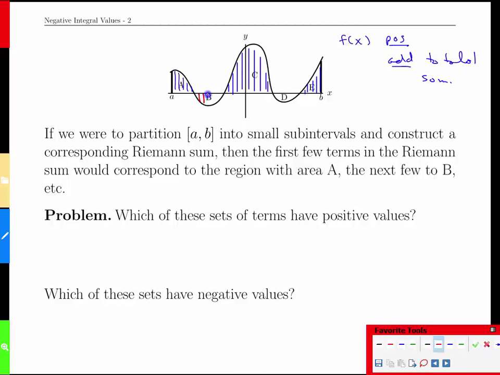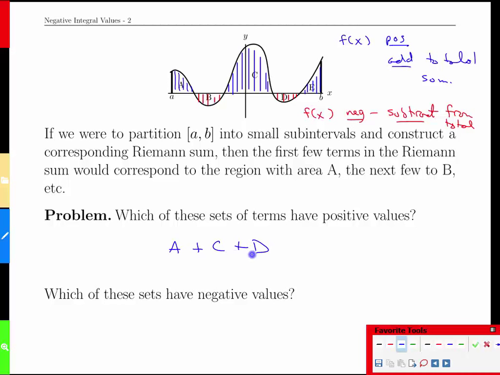Whereas when we take a look at the points that are below the axis in regions B and D here, on those regions the f of x values are negative, and they are going to subtract. They're going to have a net negative effect on the total of the sum. And that's just how we do things. We add positive numbers and negative numbers. The negative numbers subtract away and they cancel something out. So at the end of the day,